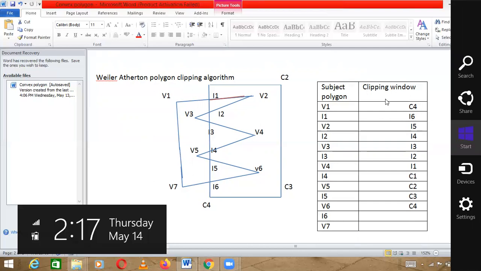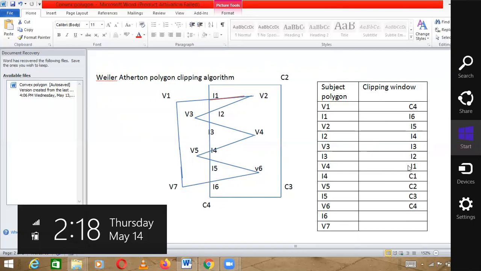Now next is the clipping window. Now that we have done this, next we go to the clipping window. We will start from this end point and move upward, from bottom to top. C4, and after C4 we have I6. So C4, I6, and after that we have I5, I4, I3, I2, I1.